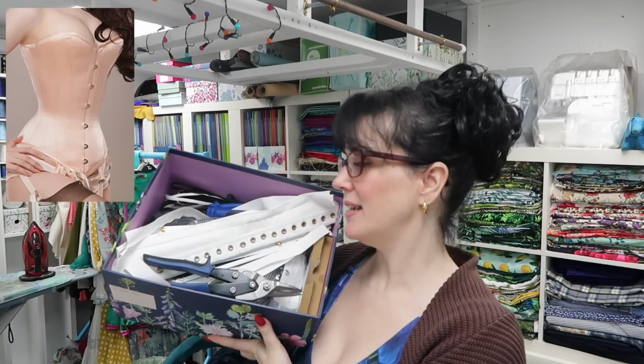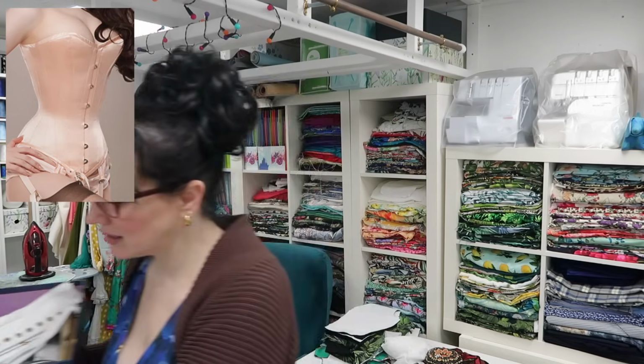I already have all of the supplies, definitely an all the gear, no idea kind of a girl here. I've got the black and also nude coloured coutil in here, so I am going to try and make the nude one first. And yeah, I'm kind of excited about this project, but it's definitely not something that's going to get done in a week, like patterned, mock-ups made up, final one made up, and videoed and edited